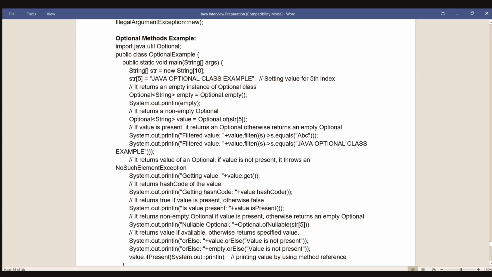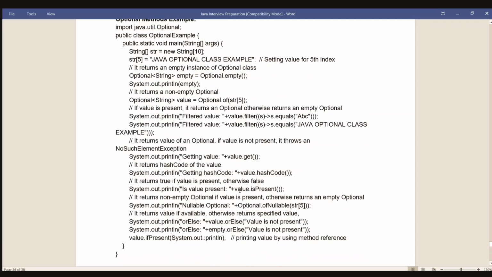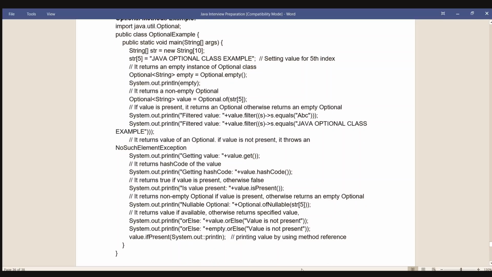System.out.println("Getting value: " + value.get()); // It returns hashcode of the value. System.out.println("Getting hashcode: " + value.hashCode()); // It returns true if value is present, otherwise false. System.out.println("Is value present: " + value.isPresent());